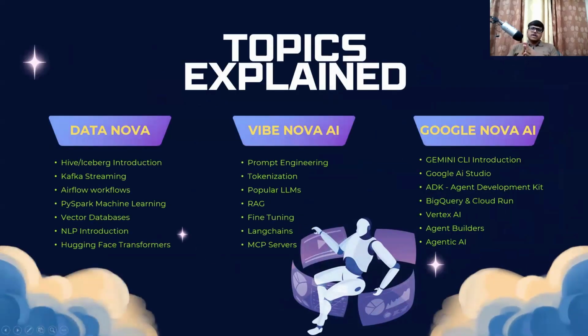So this topic we have divided into three environments. One is Data Nova, another is White Nova AI, and the third one is Google Nova AI. In Data Nova, you must know the basics and the concepts of the data engineering domain. Everything will come into Data Nova. Here, Hive and Iceberg, how they behave, the architecture layer and the query basics, you're going to practice. And streaming platform with Kafka, which everyone is using worldwide by default. So you are going to communicate, and Airflow scheduling basics, how we are going to sync with the MLOps and AIOps interfaces. That's also we are going to practice.